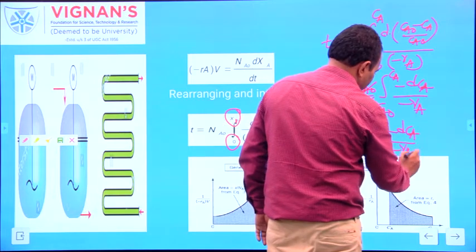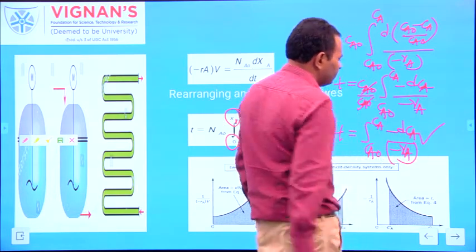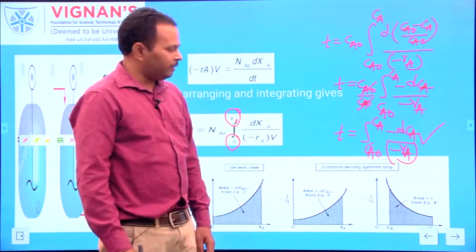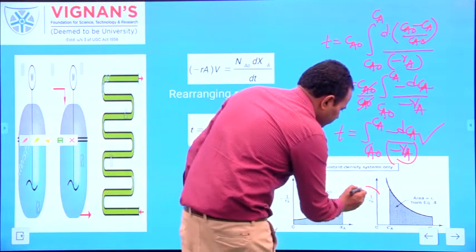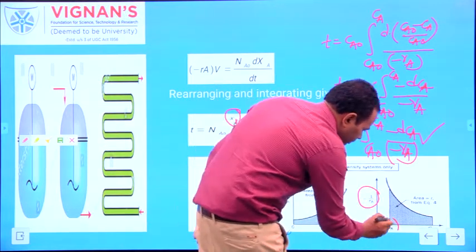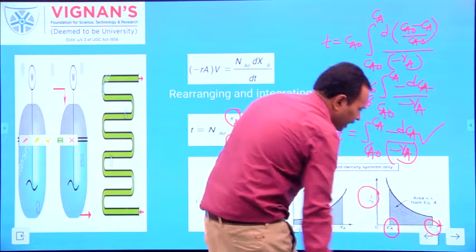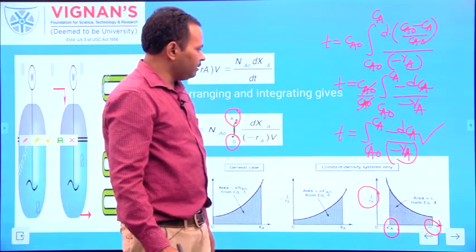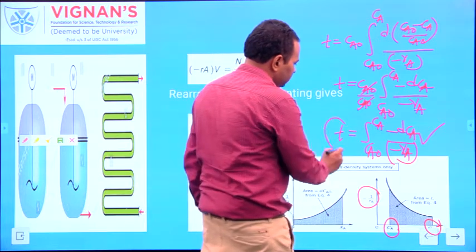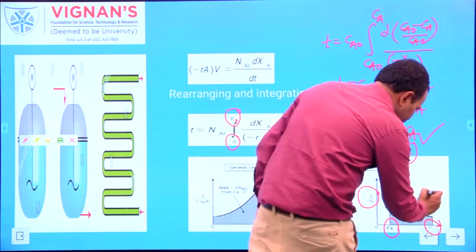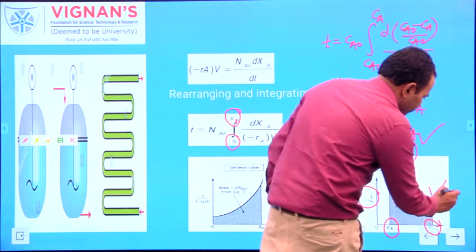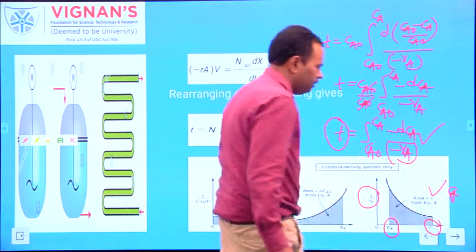Again for this equation also you can plot the graph. Take 1 by minus Ra on the y-axis and take the concentration of A, from Ca0 to Ca, on the x-axis. You can obtain the plot as t. What is t? It is the reaction time required to obtain the desired concentration Ca.